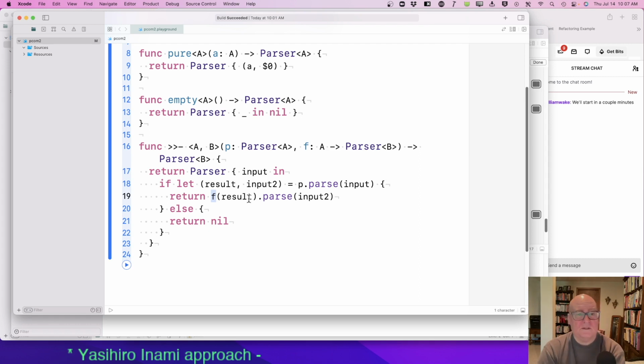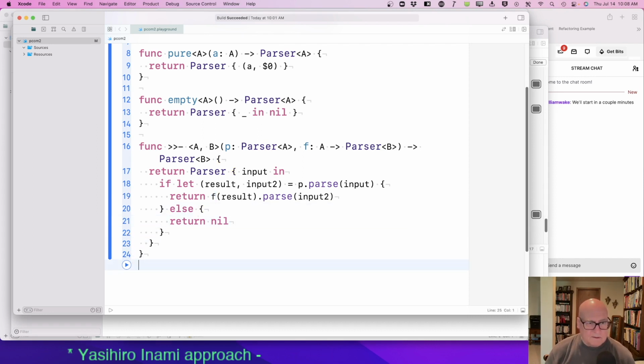Oh, this is definitely interesting. The function goes from an A to a parser. Wow.